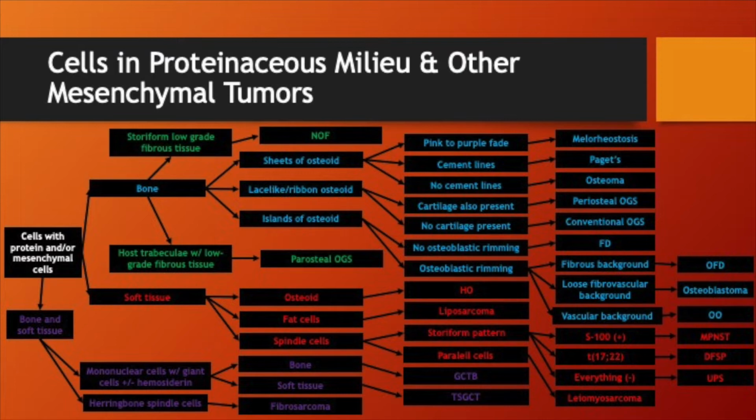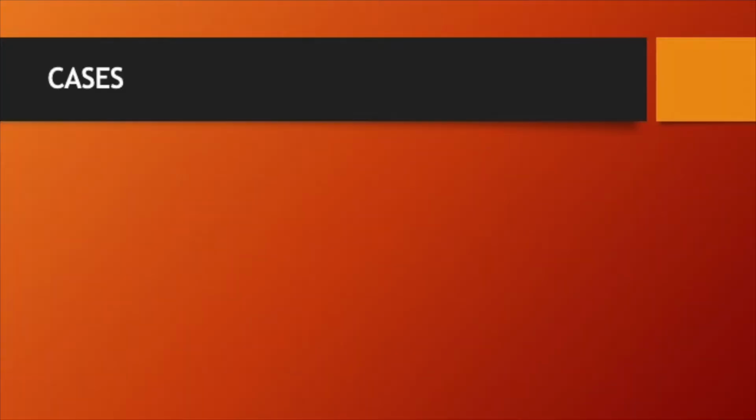So you do need to be clear on what you're looking at in terms of which one of these algorithms you're going to use. Again, we're going to show some case examples that hopefully will help you figure that out. Again, you will need some genetic analysis and immunohistochemical staining for this, but a lot of these you will be able to get based on histology alone. So now let's move on to those cases and basically how we're going to work through these algorithms to figure